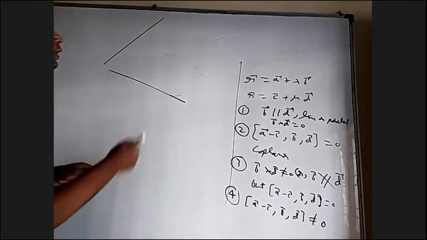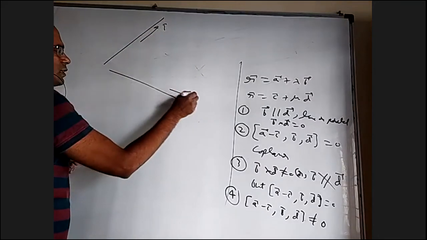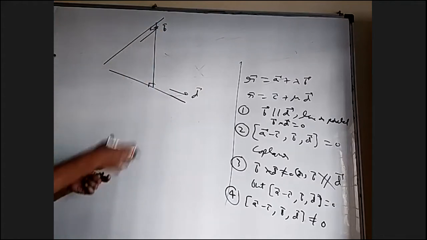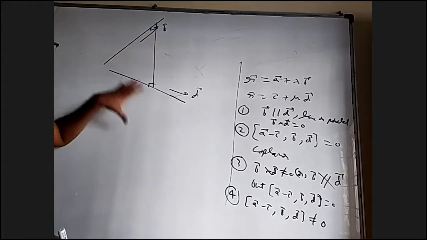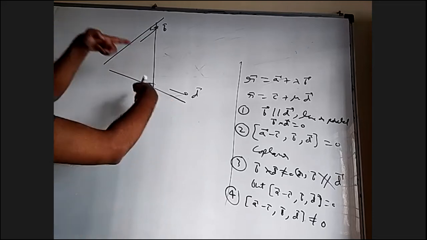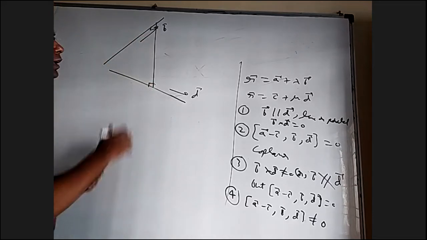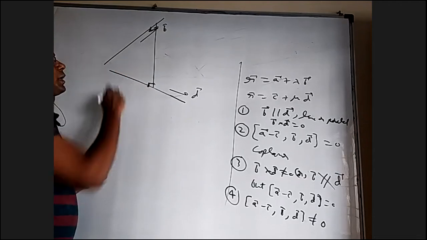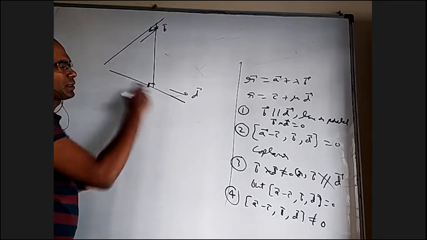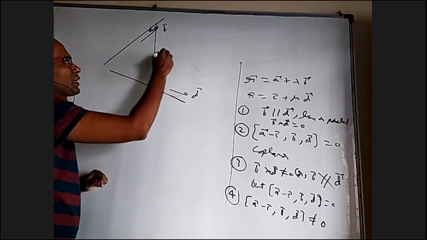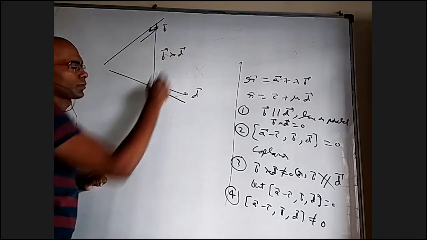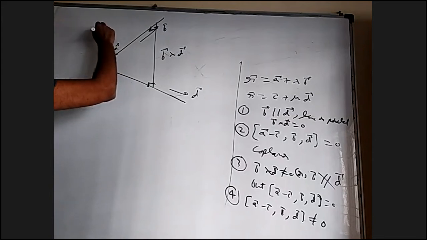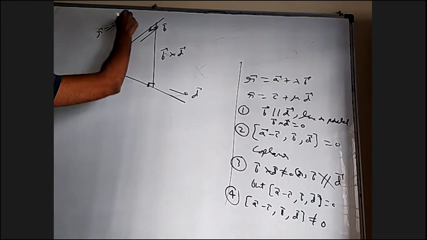Okay, now if this is B bar and this is D bar, because the shortest distance, of course, this figure is not so nice because it appears to be 2D on the board, but actually it is 3D. This is a perpendicular line. This is 90 degrees, this is 90. But they are not parallel. This is parallel to B bar, this is parallel to B bar, and this is perpendicular to both B and D. So it has to be B cross D or a multiple of that. There's a point A bar on the first line, because the first line equation is R bar equal to A bar plus lambda B bar.